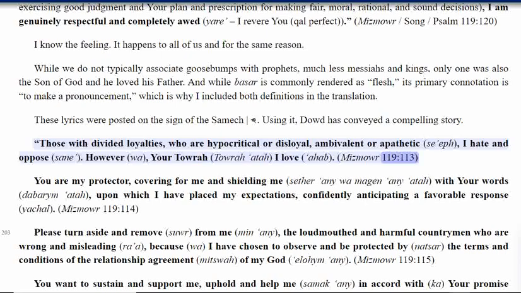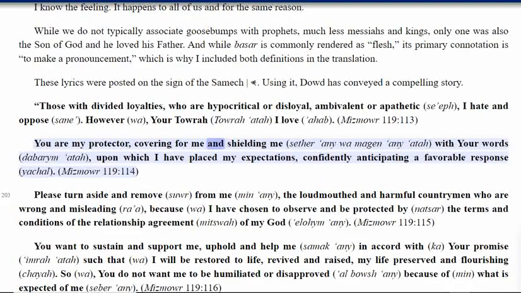Mizmowr 119-113. You are my protector, covering for me and shielding me, Sether any Magan any otter, with your words, Dabarim otter, upon which I have placed my expectations, confidently anticipating a favorable response, Yakal. Mizmowr